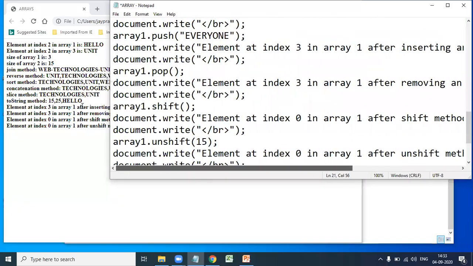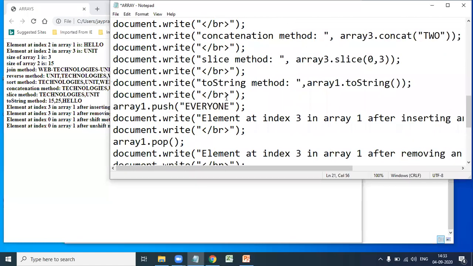Next one, push and pop operations. See here, array 1 dot push of everyone. Here everyone is a string that is inserted into the end of the array.